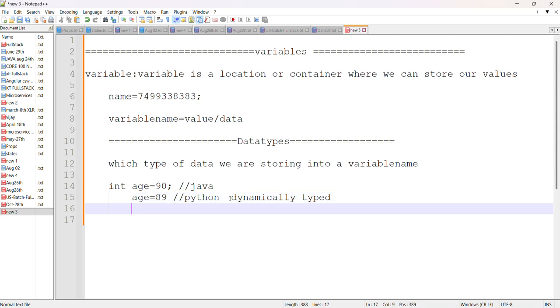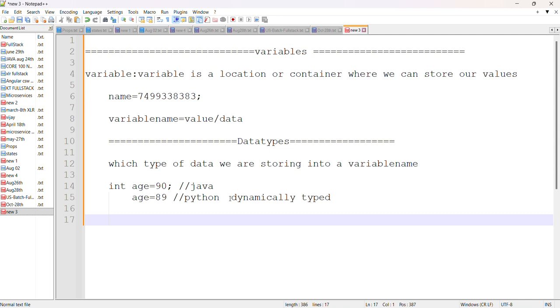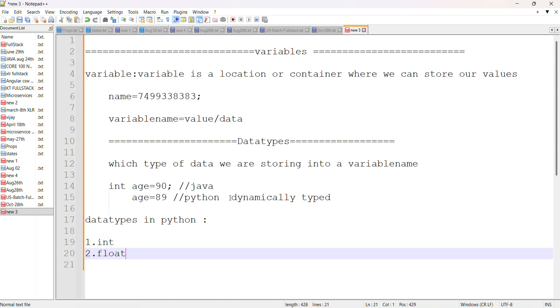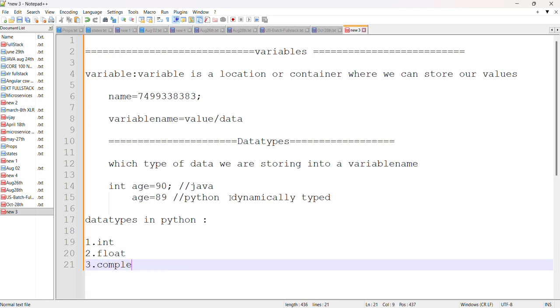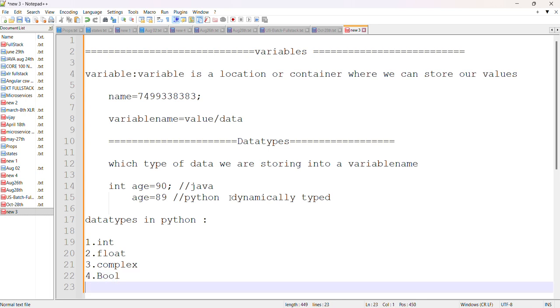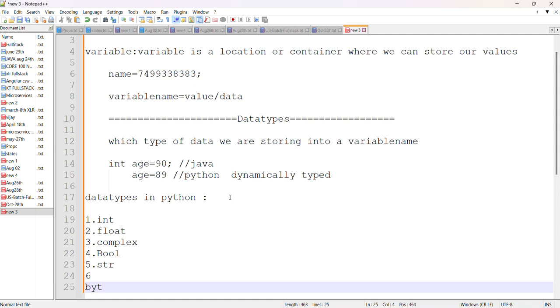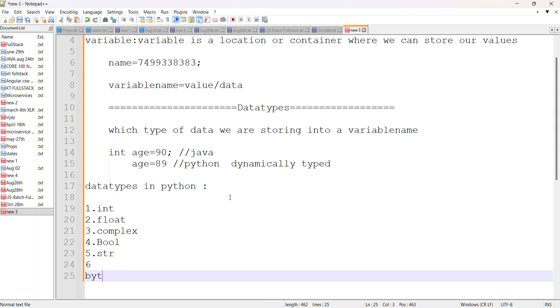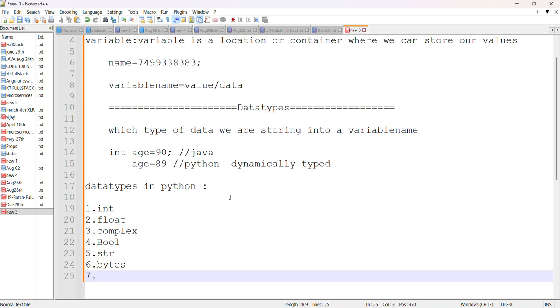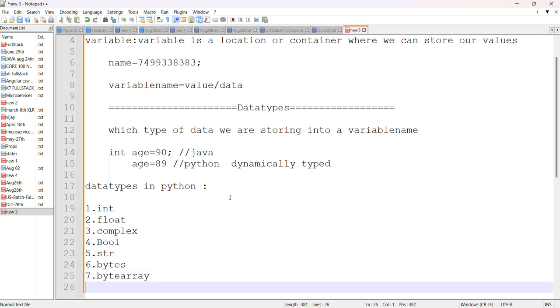Python contains around 14 types of data types. Data types in Python: first one is int, second one is float, third one complex, the fourth one bool, fifth one str, sixth one bytes, seventh one bytearray, now eighth one